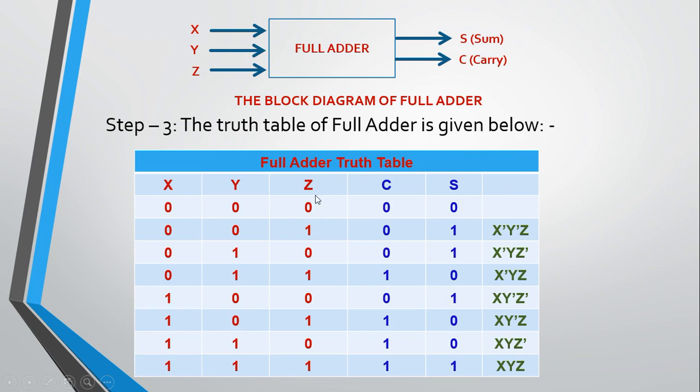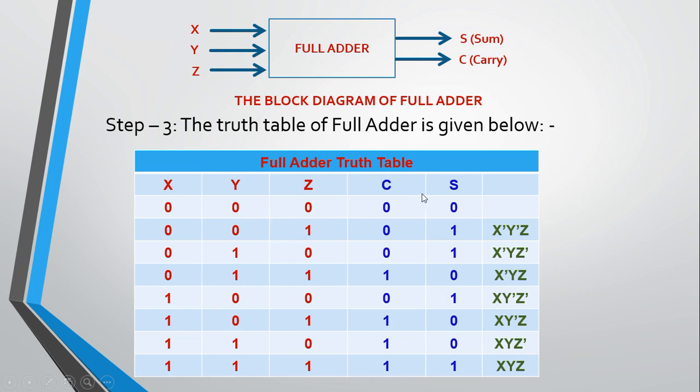For them, what you need to do, in the last column you need to write combinations of 0 1 0 1. In the column of y you need to write 2 times 0, 2 times 1, again 2 times 0, 2 times 1. And in the first column you just need to write 4 times 0 and 4 times 1. So in this way you can form the input variables regarding 3 variables.